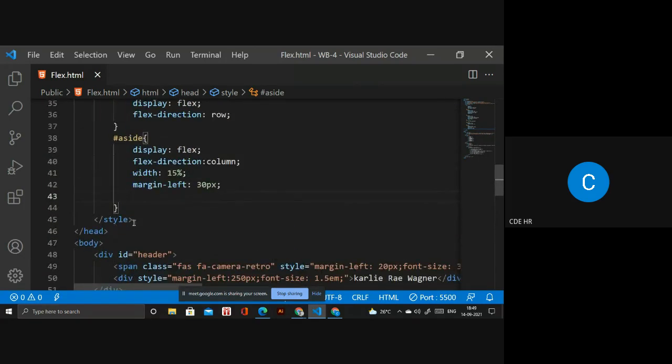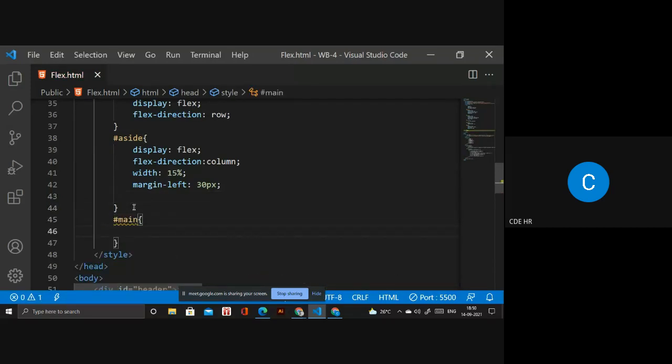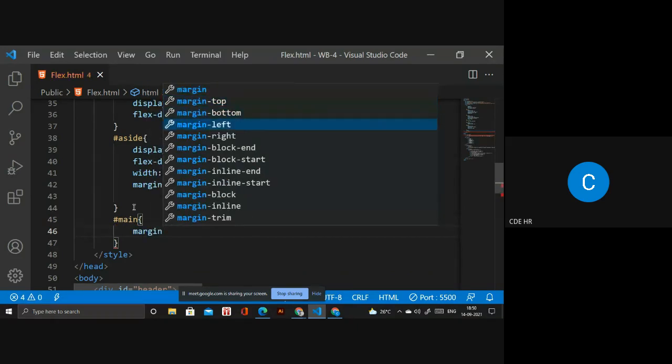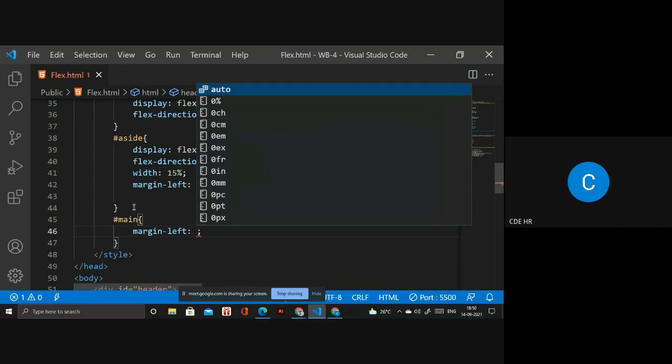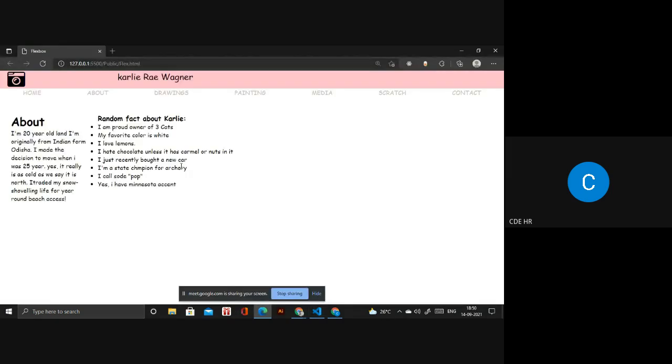No issue. If I write it in the main section, we have the particular margin left. Inside you have to write something like 30 pixel or 20 pixel, whatever looks good. Okay, so I need a picture.